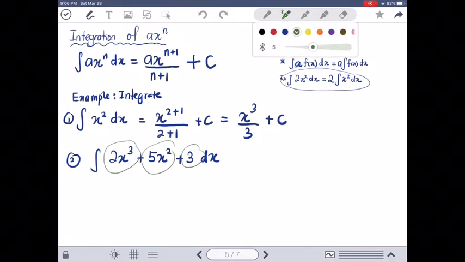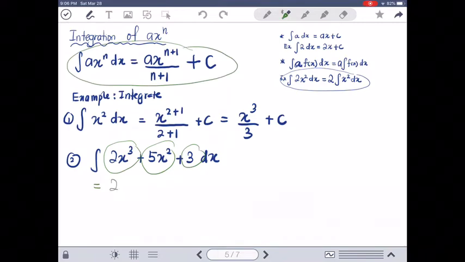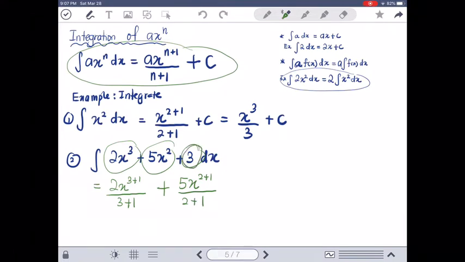So first we integrate 2x to the power of 3, which by this formula results in 2x to the power of 3 plus 1 over 3 plus 1, plus 5x to the power of 2 plus 1 over 2 plus 1, and for integration of a constant, we should get